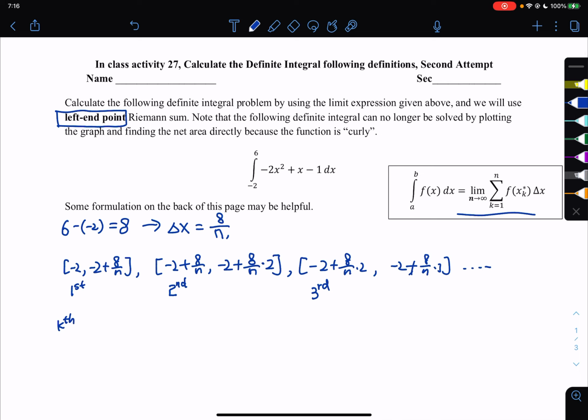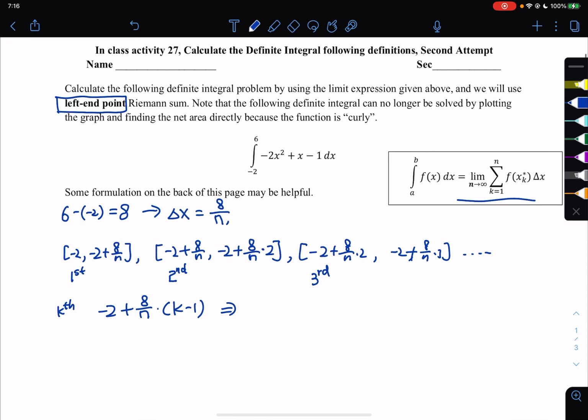So in general, the left end of the kth interval, we went over the formulation in class, but for this particular case, it's the left end, add to the size of the subinterval, multiply by k minus 1, where k indicates the index. So I can plug it back into the function. Therefore, my f of xk star is supposed to be -2 multiplied by -2 plus 8 over n times k minus 1 squared, add to